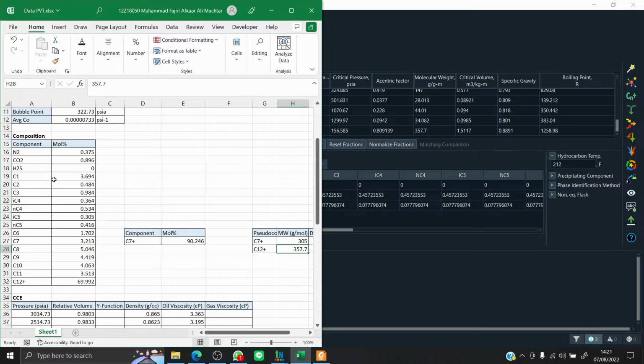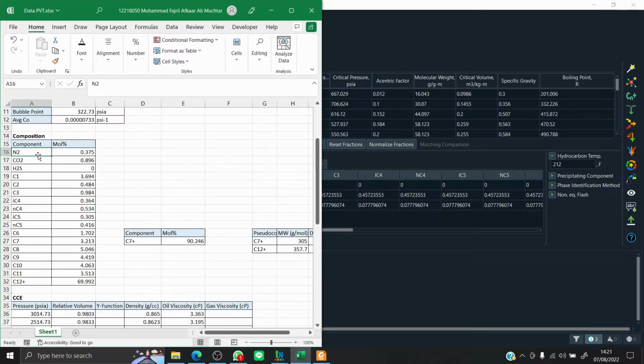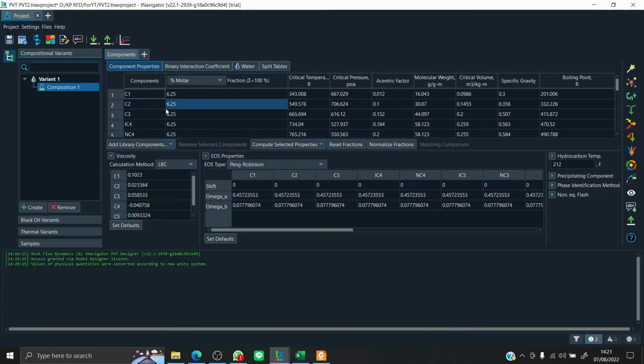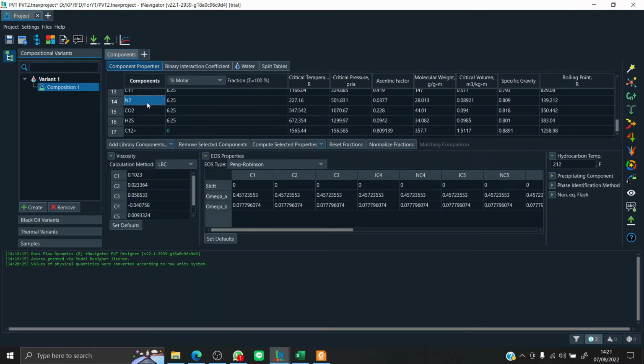To ease us in our input of the mole percent, we're just gonna change the order of the rows, following the Excel file we have. So the order is N2, CO2, and H2S. So we're just gonna move N2 to be on top.